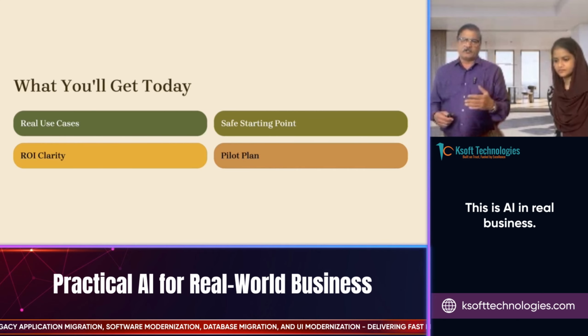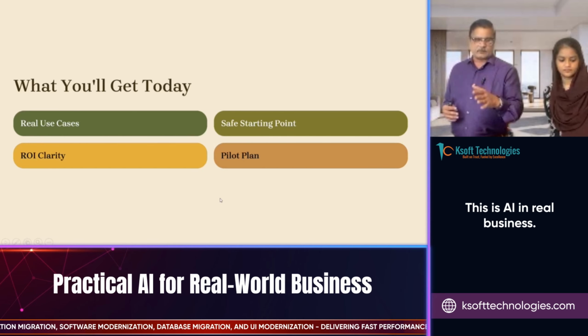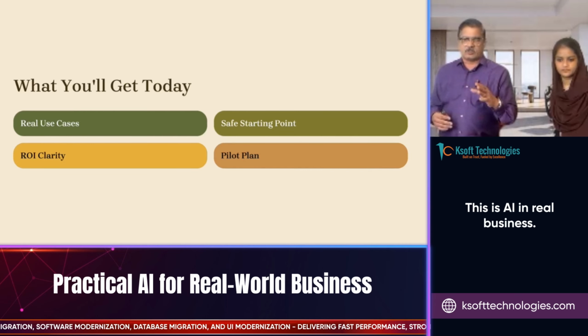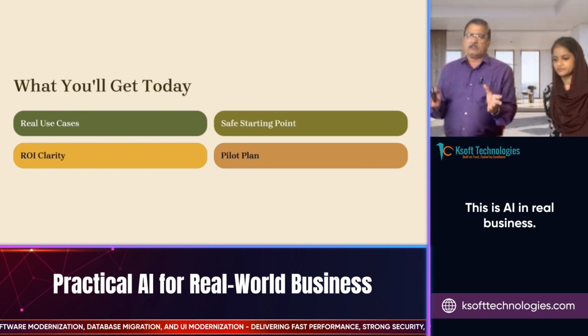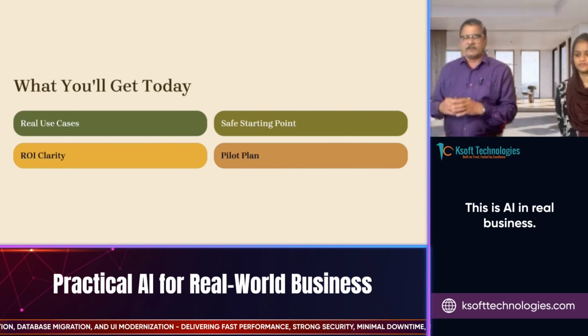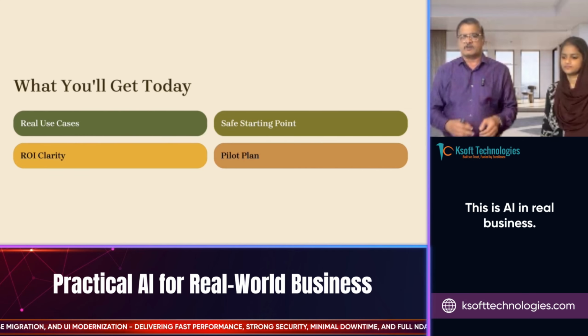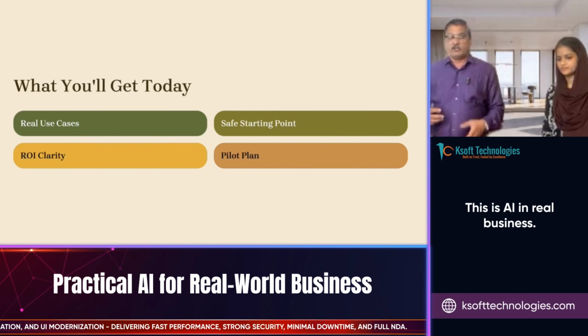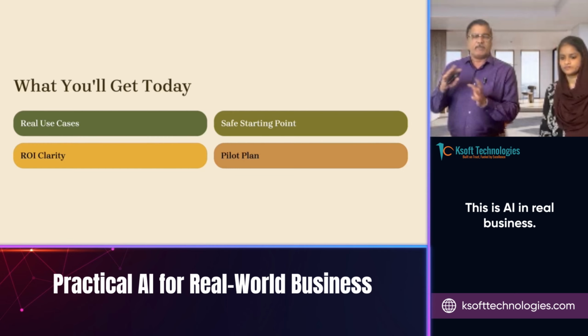What we will do is go through a few real use cases that can be used in your organization. These are not specific to your organization, or to the services or products that you manufacture or give. These are common real use cases that can be used across the board, across different companies and sectors, including manufacturing and services, with a few tweaks here and there to filter them to your proposition, your business model, the way you have been working, and the way your customers expect to work with you. That's the most important part. Everything we do is for the benefit of the customers at the end of the day. That is when we get an ROI out of that.